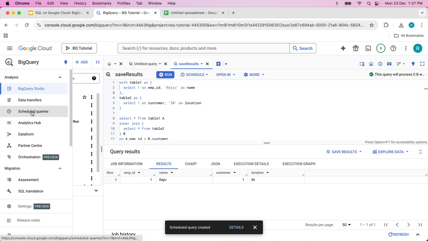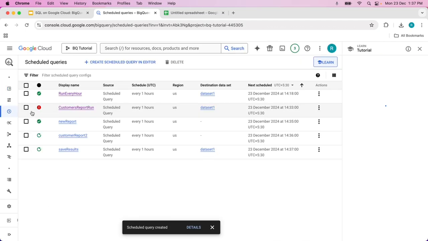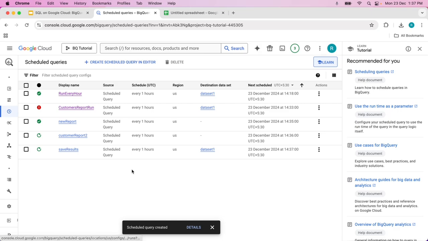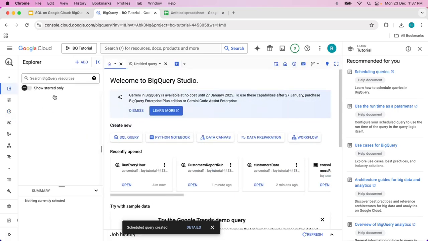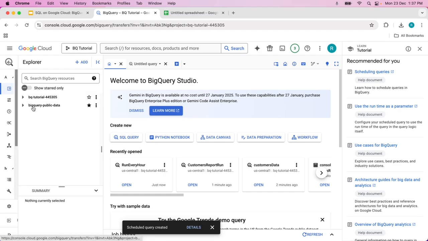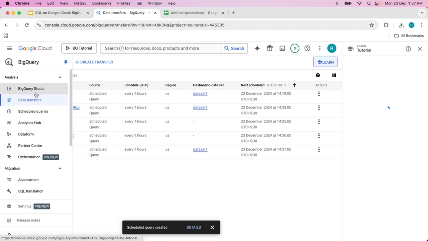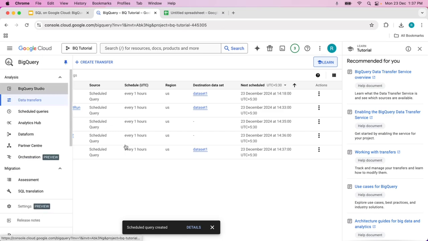So now let's click on scheduled queries on the left side. You can see the save results. So the only difference is that in your query, if you are mentioning a script like create or replace table,